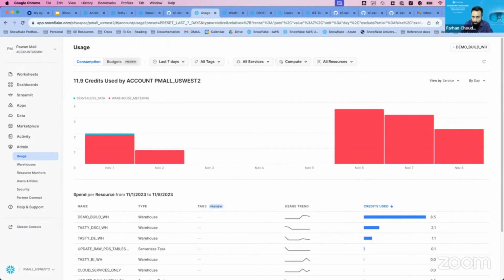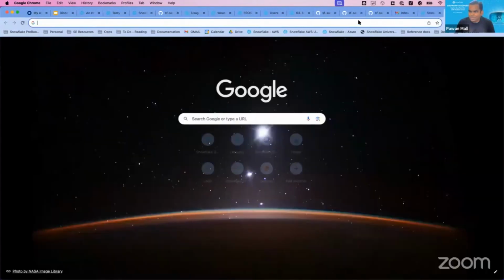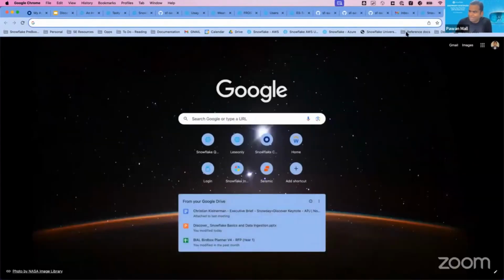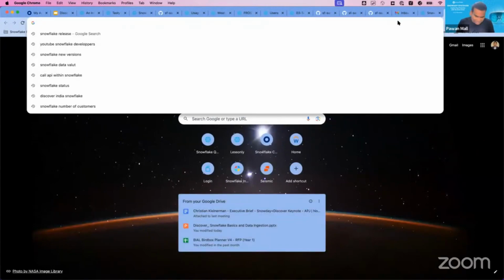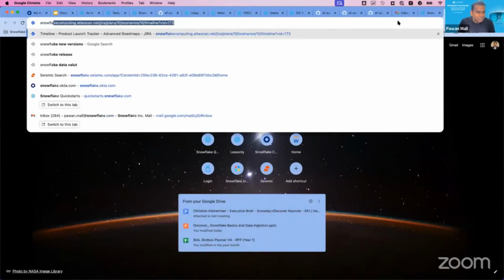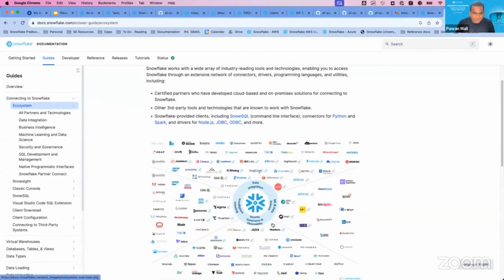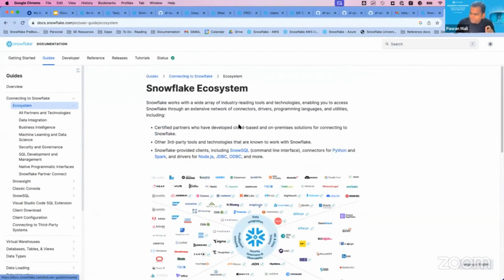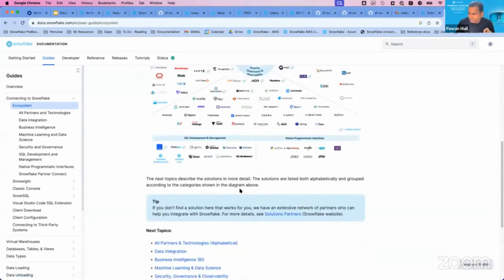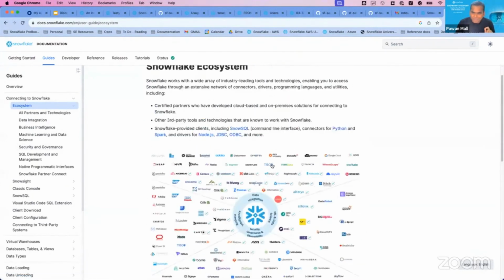How does it integrate with the likes of Salesforce, ServiceNow? So what does the connector ecosystem, if I can put it this way, look like at Snowflake? Sure. The best way to look at it: we have connectivity to ServiceNow and Salesforce natively. But if you just search for Snowflake ecosystem, this is the best place to look for a lot of different partners we work with, and a lot of different technologies. So this is one very good place to come and look for the tool or technology you are looking for. We have connectivity definitely to ServiceNow and Salesforce both.